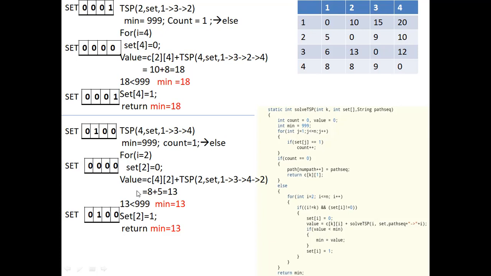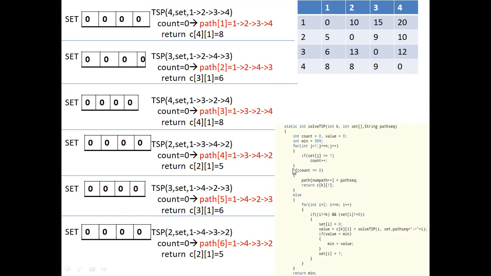Then again we will update the value with the cost of k comma, which is 4 to 2, which is 8, and we will add this to TSP of 2 comma set comma. This path to link to this will be called. So this will return, as we can see over here. This is called, and the set value will be all made 0, and